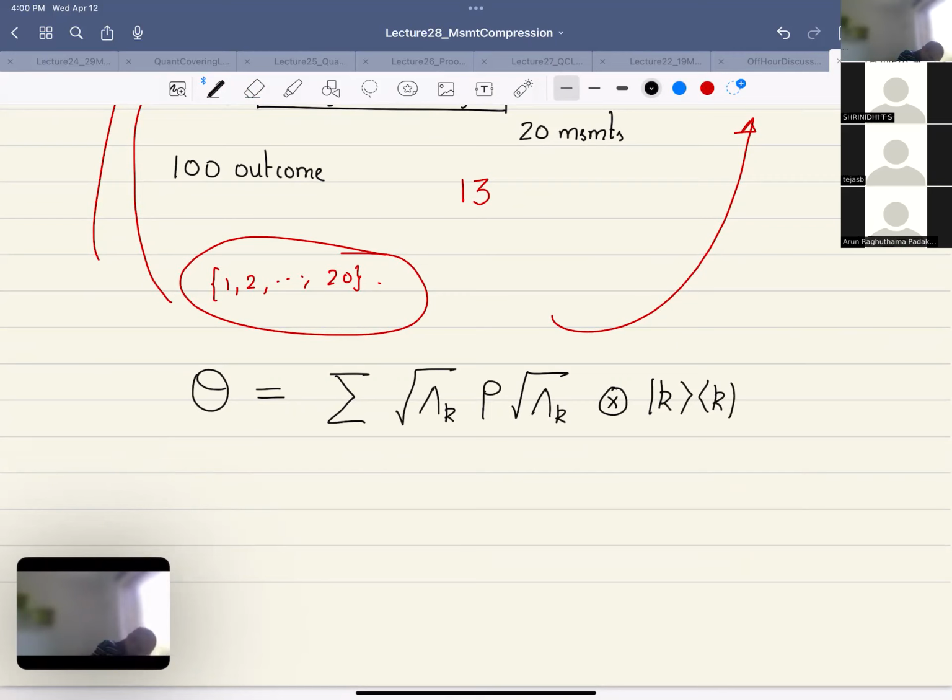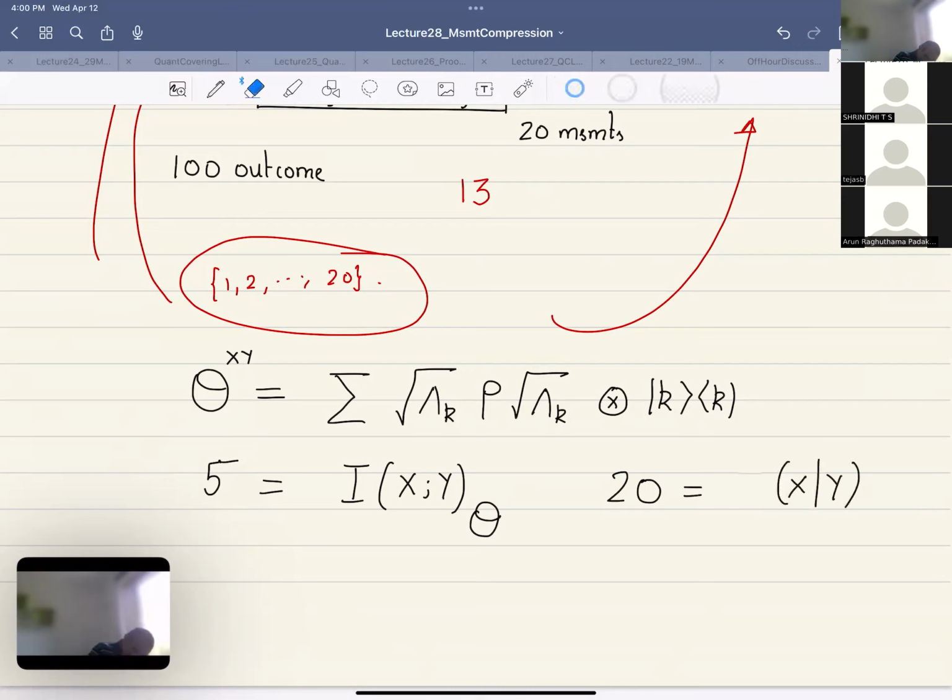So I'll call this theta xy. It turns out that the number 5 happens to be I of x colon y, with everything measured with respect to the state theta, and 20 happens to be h of x given y, the conditional entropy. And if I add this,